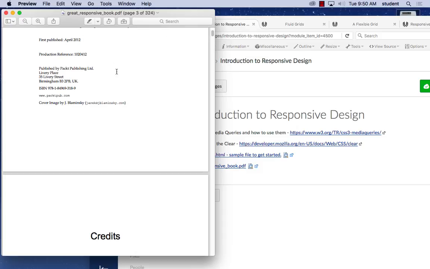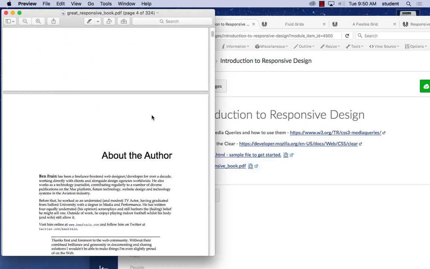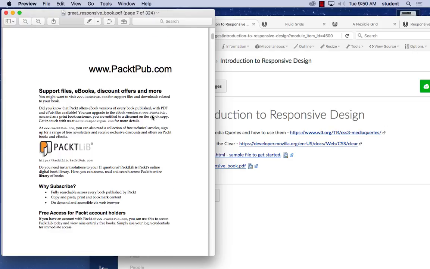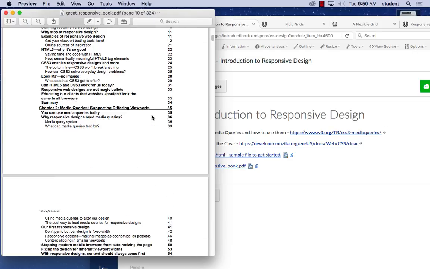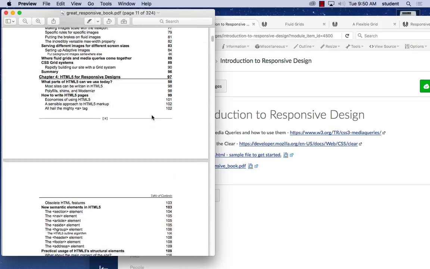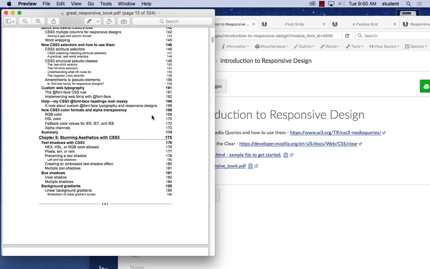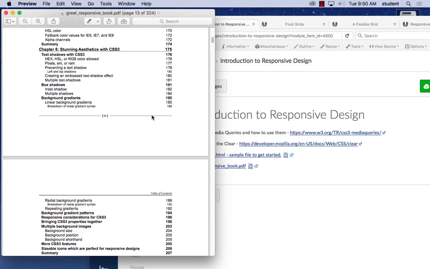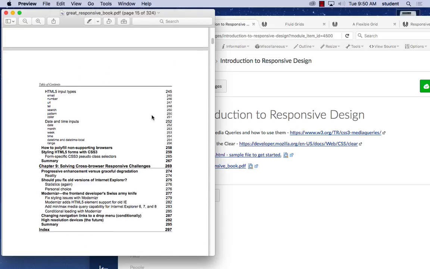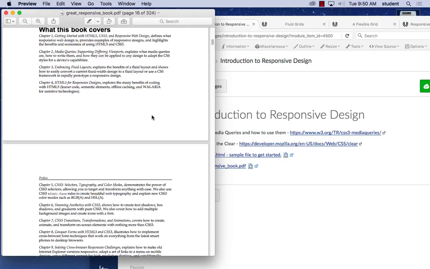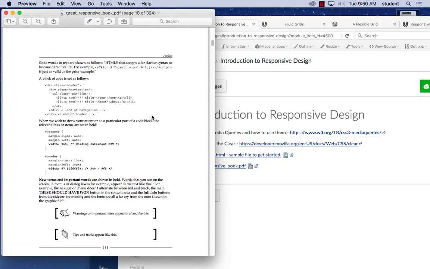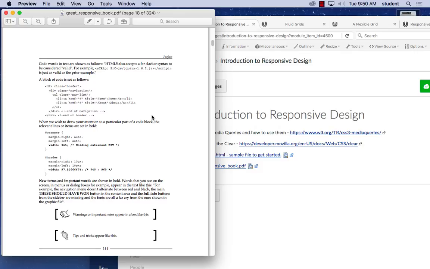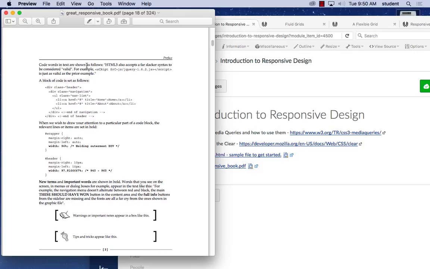Yeah, 2012. So it's a little older book, but the concepts are still the same. If we scroll down, let's just go through them concept-wise. Again, they're going to be using more HTML5 input. So let's scroll on through. They talk a little bit about HTML5 and how it is a little more forgiving than the older versions